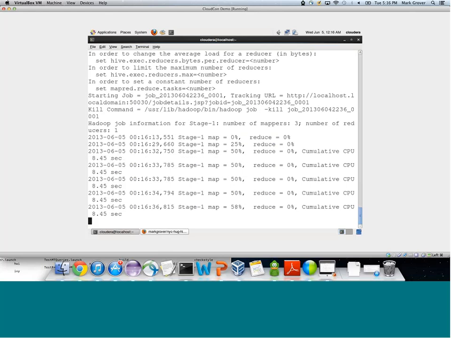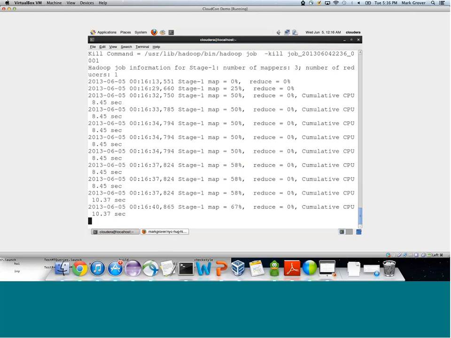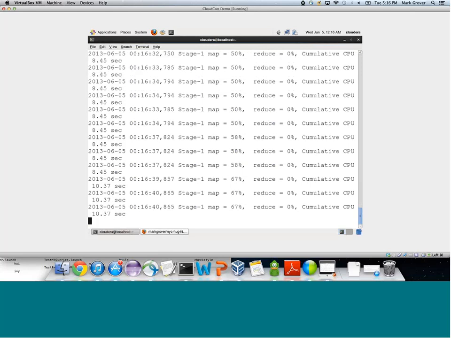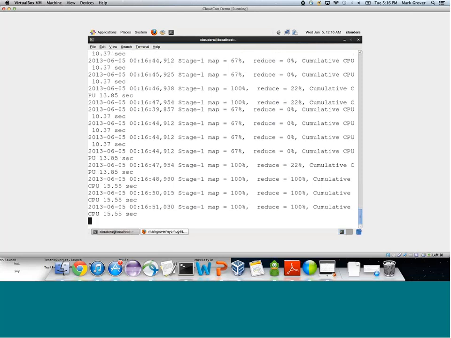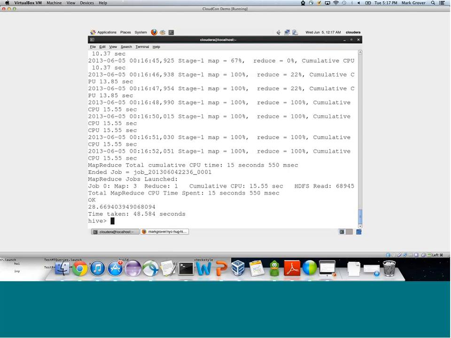It's going too fast, so I don't want to hold that down. But essentially, I will show you after this job is over. It will list out a URL, which is the MapReduce URL. That's the job it got compiled to, and that's the job that Hive executed on Hadoop, right? Okay, so that job finished, and the answer is 28.67669, and that's the average delay of all flights leaving San Francisco in minutes